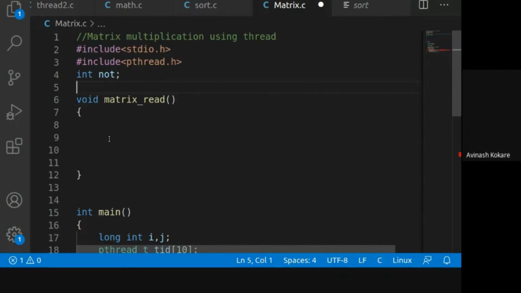So we will declare the variables for the matrix here as global variables, because these variables we are requiring in main function, we are requiring in matrix function, as well as we will require in the threads function.